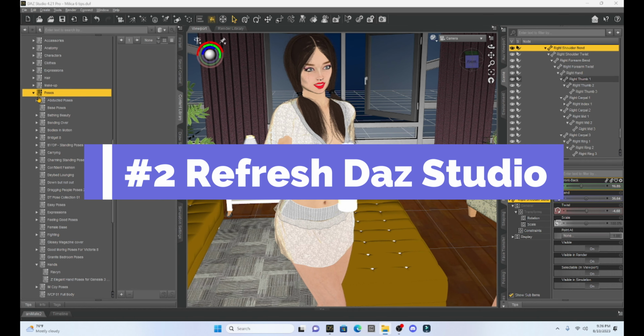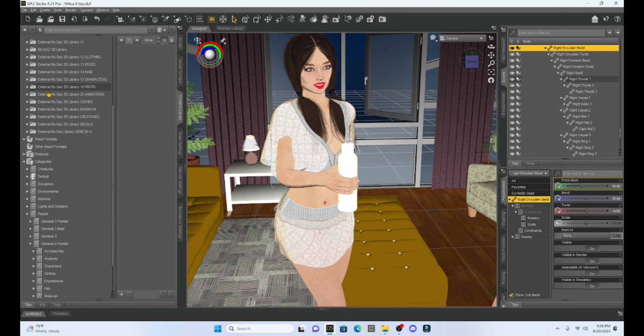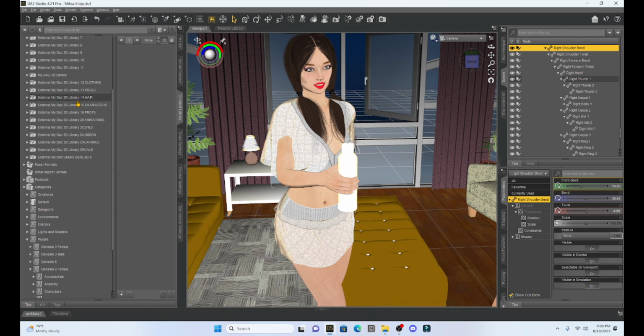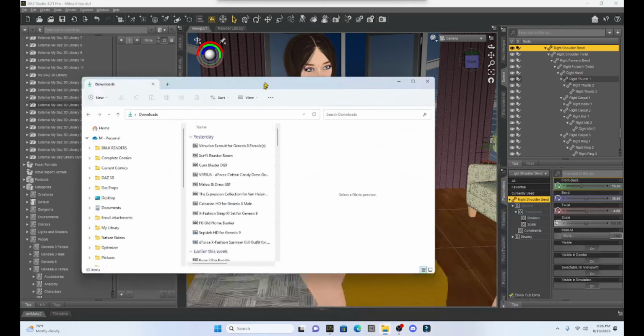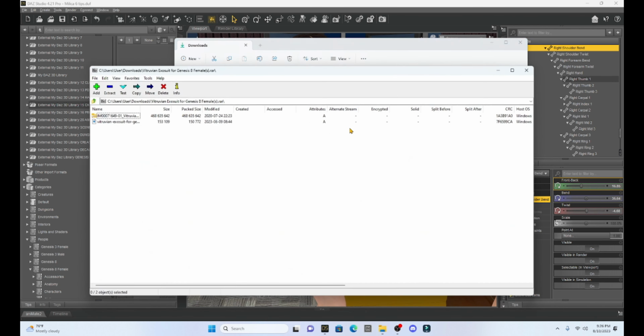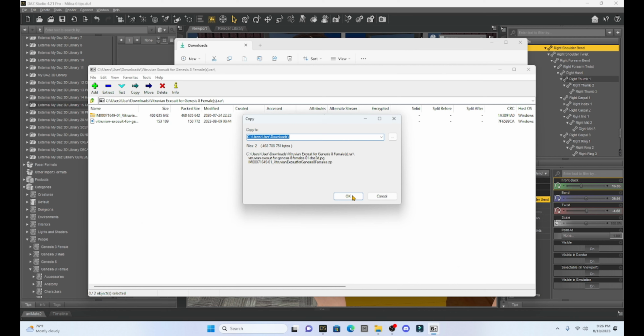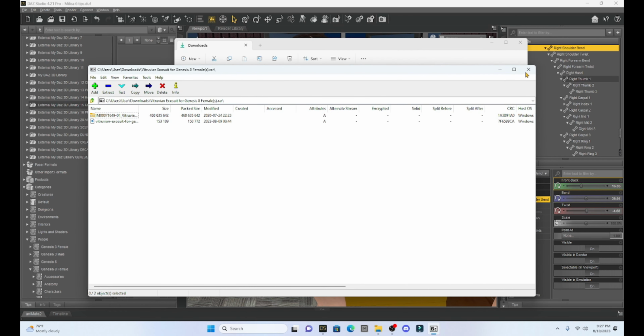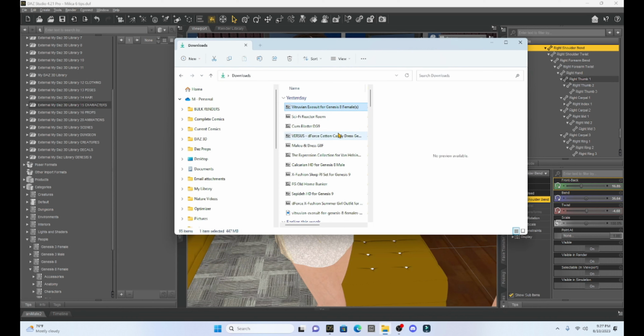Okay, for the second thing I want to show you is the refresh option. So let's imagine that we have added something new into our content library, and we have Daz Studio open. So here I have an example. I've got this exosuit. So I've got this clothing for Genesis 8 females. I'm going to go ahead and open it. We're going to extract it because it is a file that is zipped up. So once I have this created,